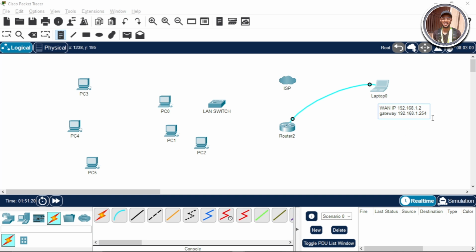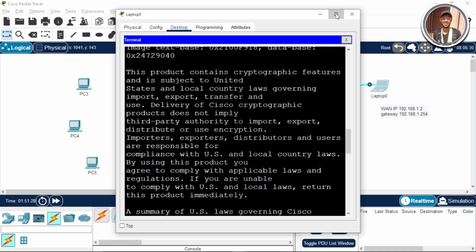Okay, let's just use this randomly. So if we come back to our router,